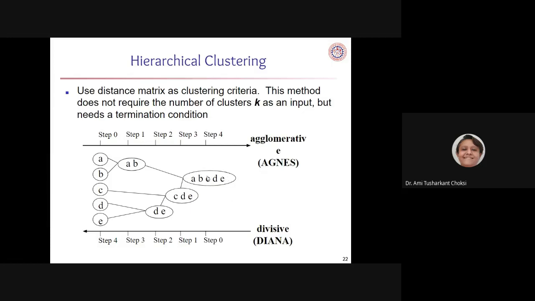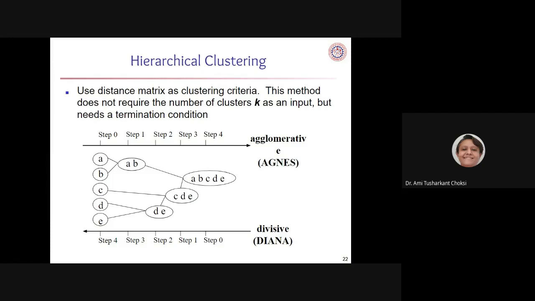Okay, so now what happens is, first of all, say we have A, B, C, D, E. Okay, so what we do is we make the hierarchical clustering. How do we do that? This is A, B, C, D. So that is a final output, isn't it? That is the final output.